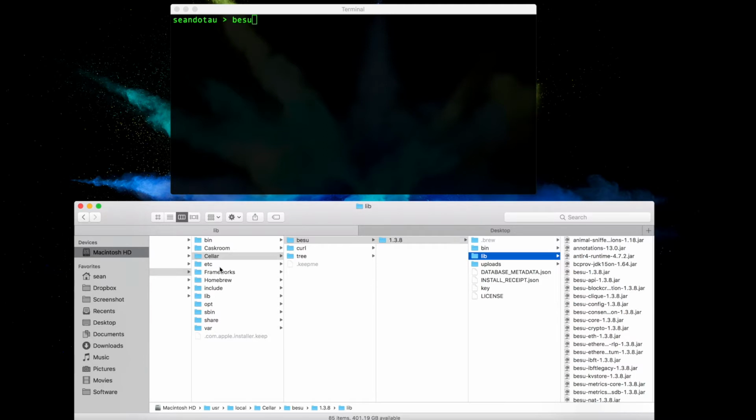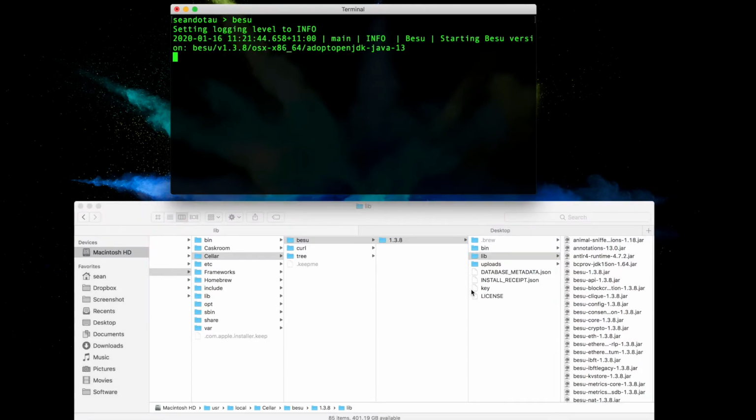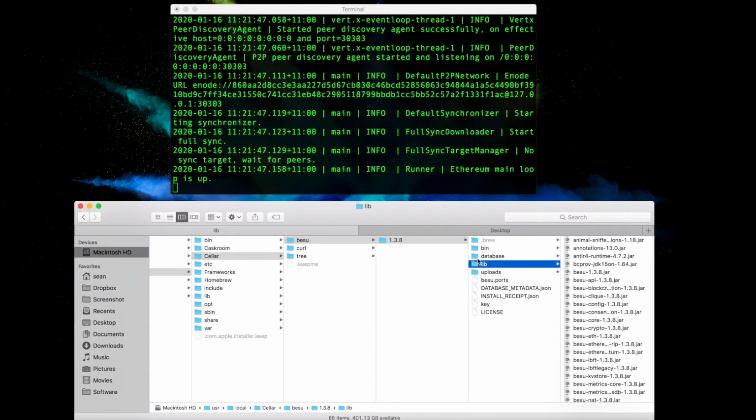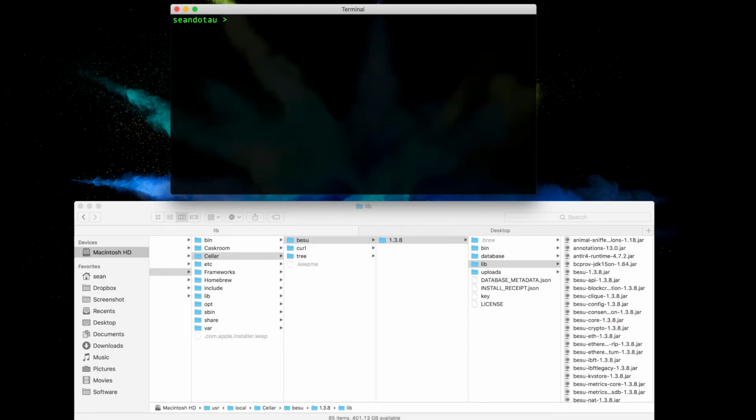In this case, since we use Homebrew, you'll find it in Cellar Besu under the version 1.3.8. So let me show you this. Hit enter, and we don't have the database folder here, so a new one will be created and we're up and running. So let me hit Control C to stop this,